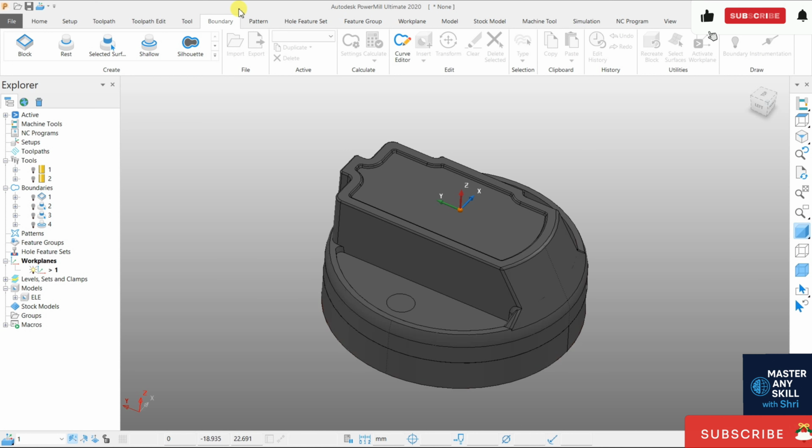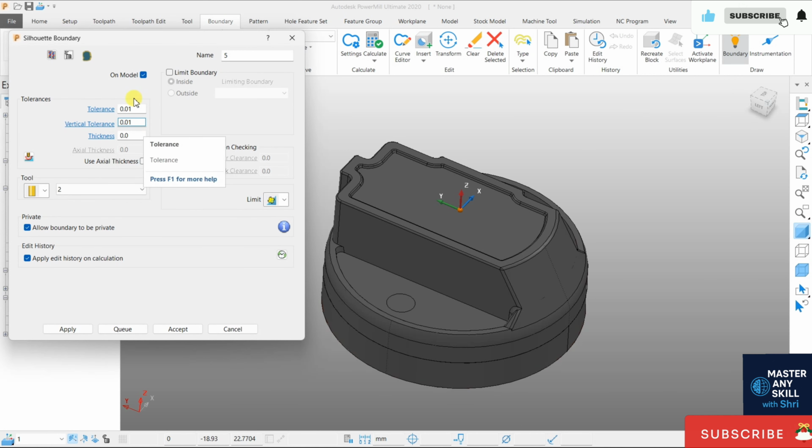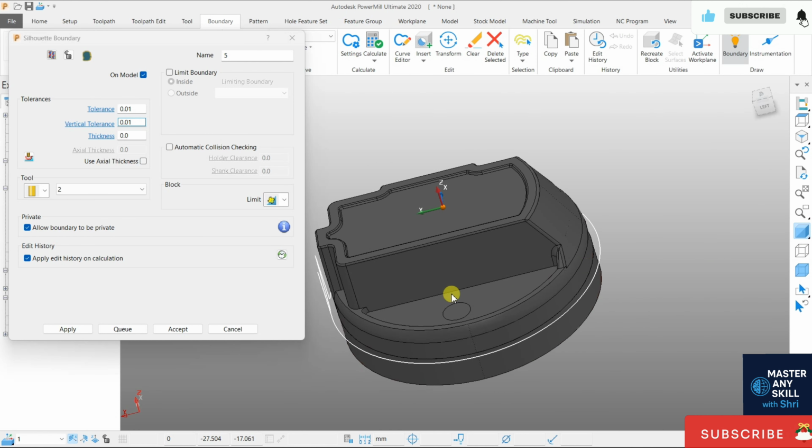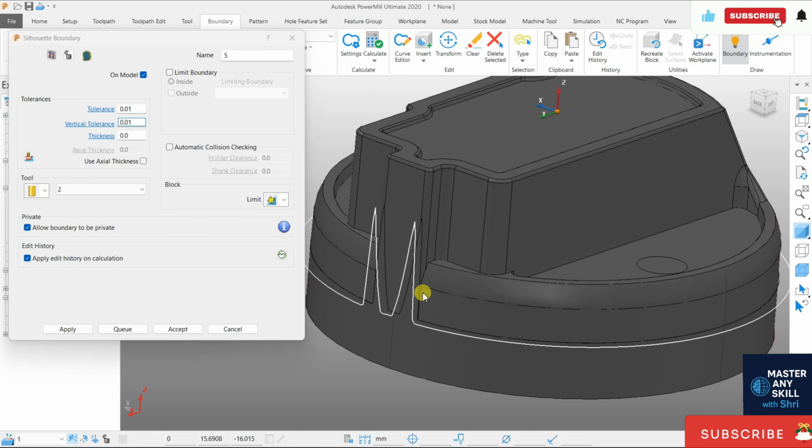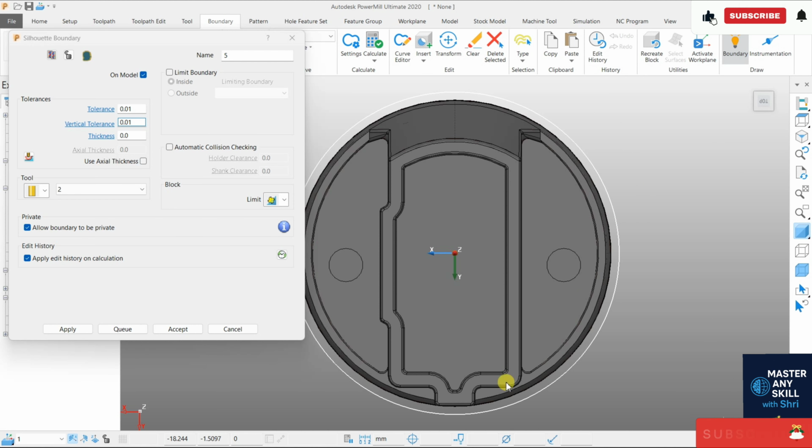Now select this solute and on model. So on model it will create, and my working tool is a 2mm tool. Okay, and apply. The whole model will be selected automatically, and see the shape of this outer surface is like this. The same way this is created, and I want to add some thickness like 1 and apply,